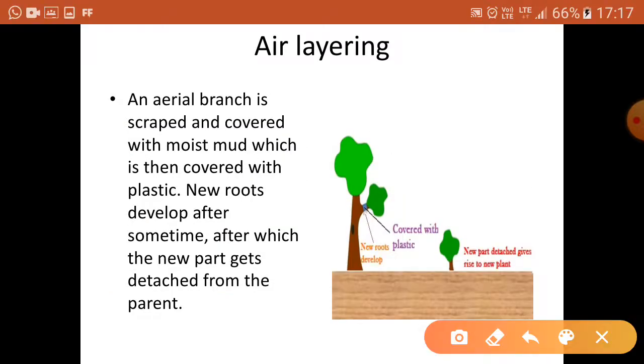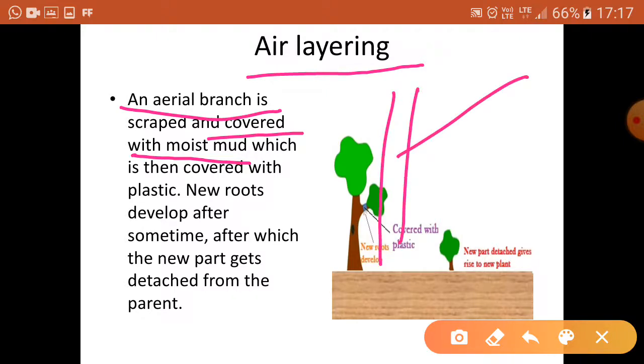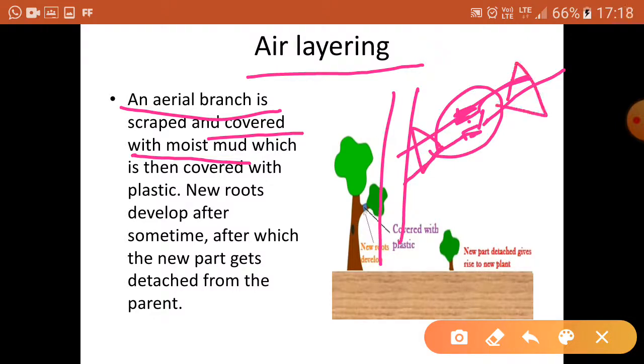Now in case of air layering, which is another type of layering, an aerial branch or a layer is scraped and covered with moist mud. For example, this is a stem and you can cut a piece of it. It is defoliated, leaves are removed, and here a cut is made. Now you have to cover it properly with the help of moist soil or mud,